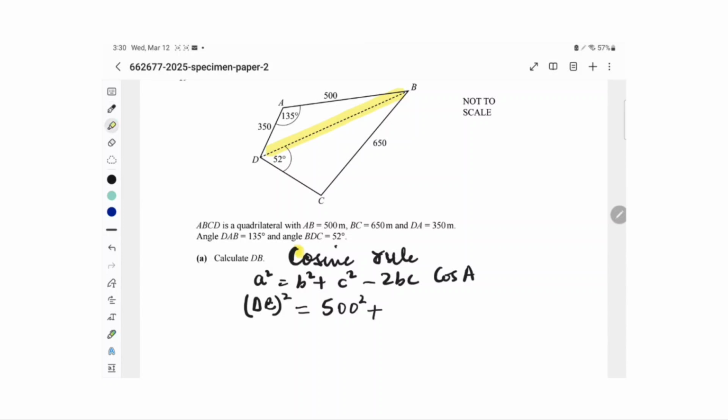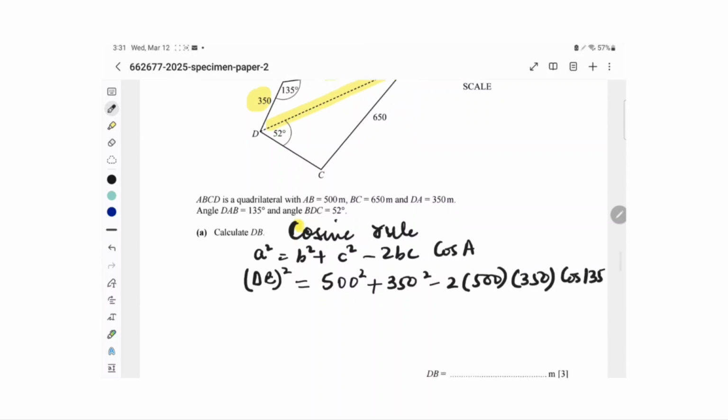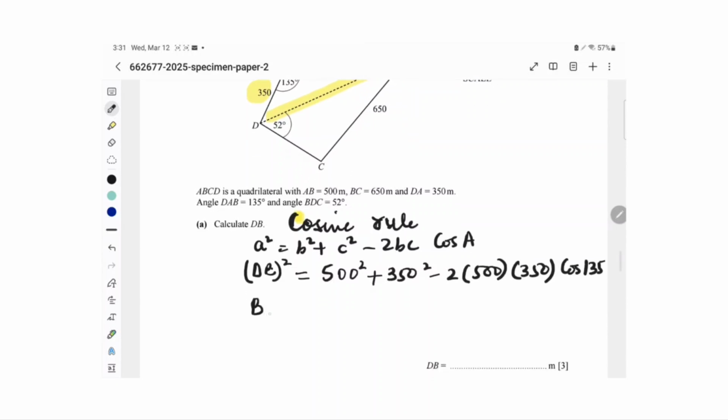You will take these values, 500 and 350, and the angle we take is 135, which is the included angle. So minus 2 times 500 times 350 cos of 135, and afterwards we'll take the square root of these values. So DB square equals,